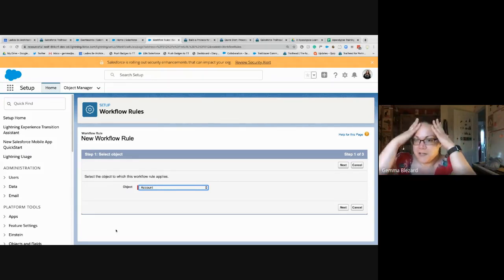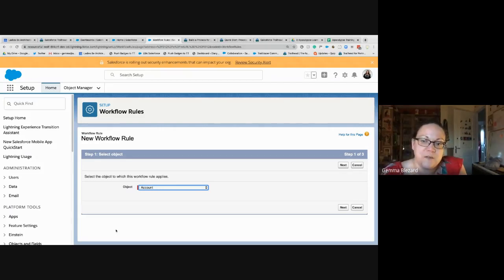So you're thinking about data quality. If I make my users update the account type to customer, are they realistically going to do that when they're closing opportunities and they're ringing customers and they've got all this other stuff to do? They don't want to have to suddenly click onto another page and update the account type to be customer when, why should they? So